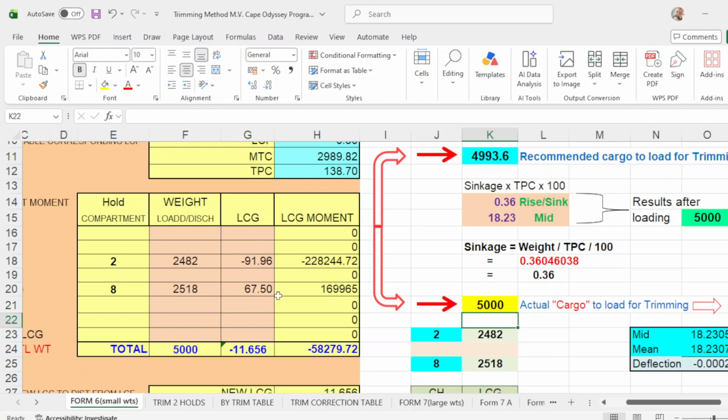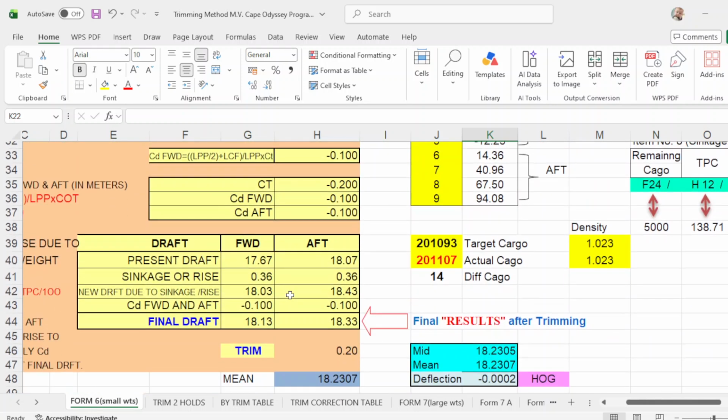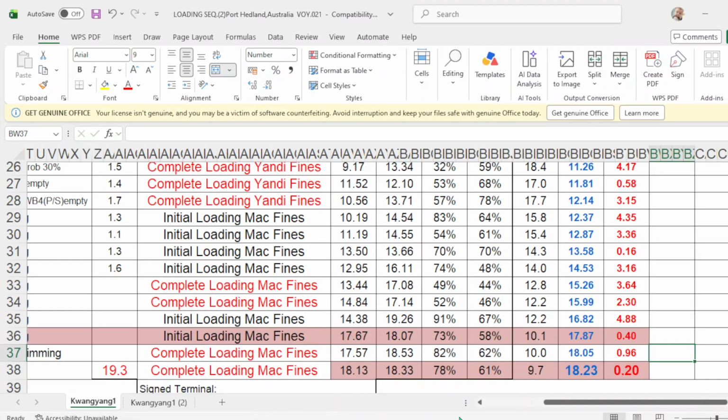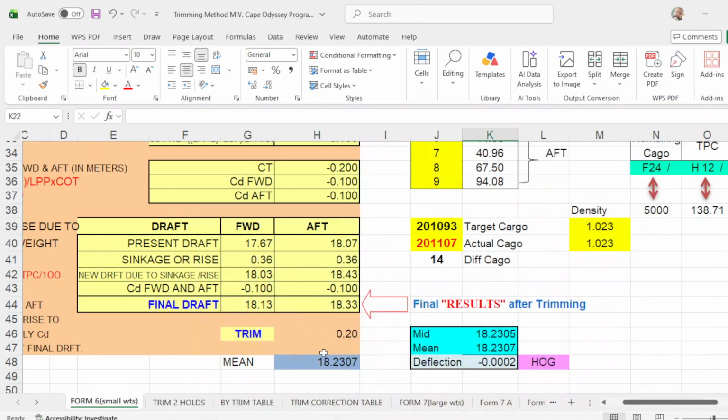Go back to the program and scroll down. Then your drop forward is 18.13, and aft is 18.33, which is equal to the loading plan of 18.13 and 18.33. Your mid is 18.23, and your trim is 0.20, which is exactly the same as your program. Your trim is 0.20, and your mean is 18.23, and your deflection is 0.